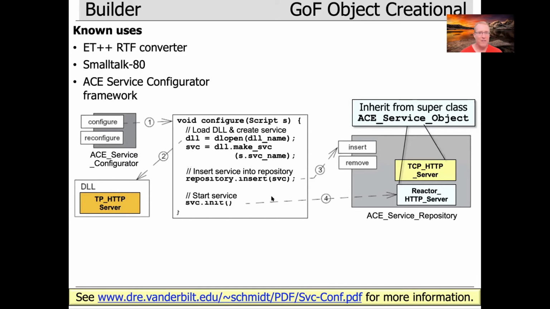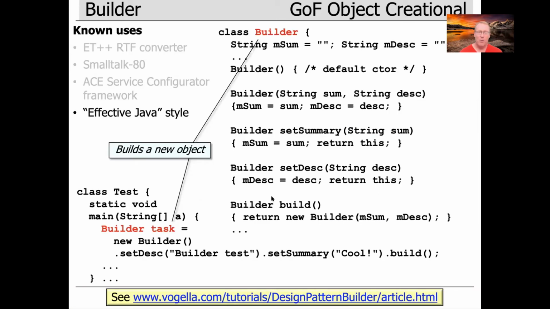And the Gang of Four gave names to the patterns. They gave them structure and participants and applicability and intents. And so this really helped convince me that these patterns were more than just a passing fancy, but something inherent in the way that good software designers and programmers build their software systems. So that's a good example of the builder pattern in practice, which was something I had done a long, long time ago. There's another form of the builder pattern that you might be familiar with if you've programmed a lot